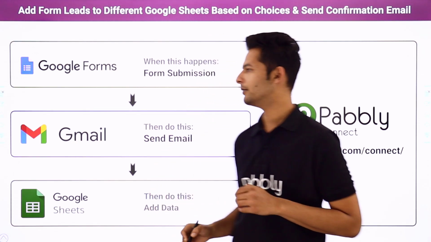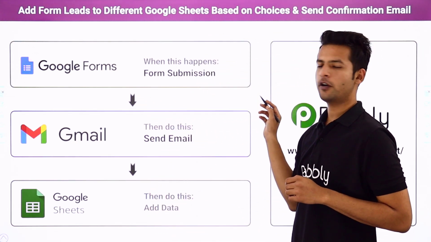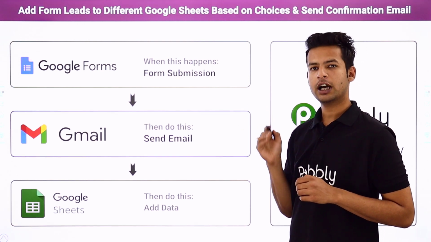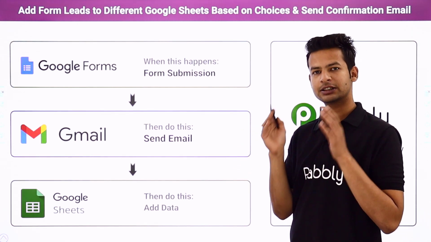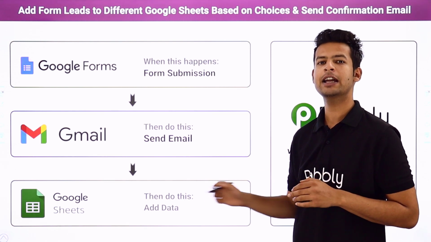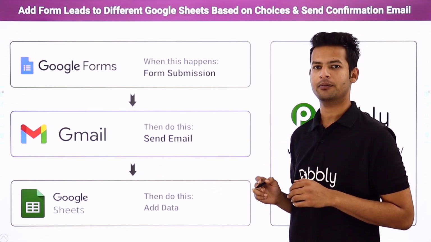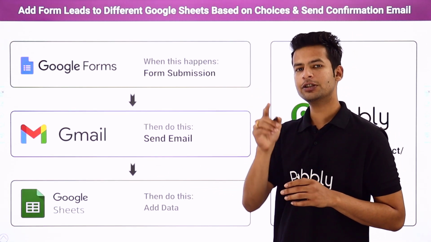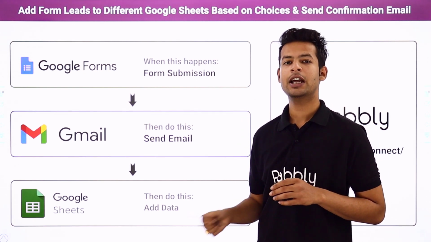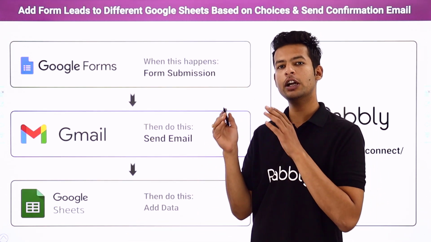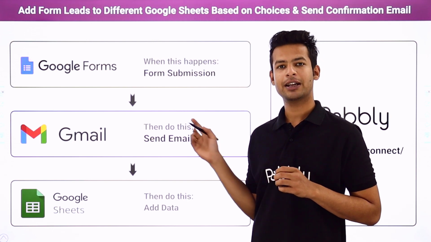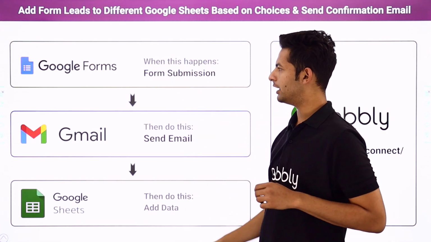You want something like, you have created an online form for your customer. Now the customers will fill up the form, and on successful form submission, automatically they will receive a confirmation email. At the same time, the details of the customer will be captured in the particular sheet according to their choice of book. For that I have used three applications here.